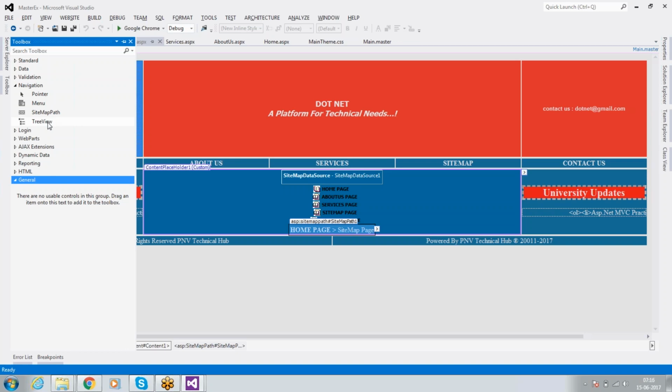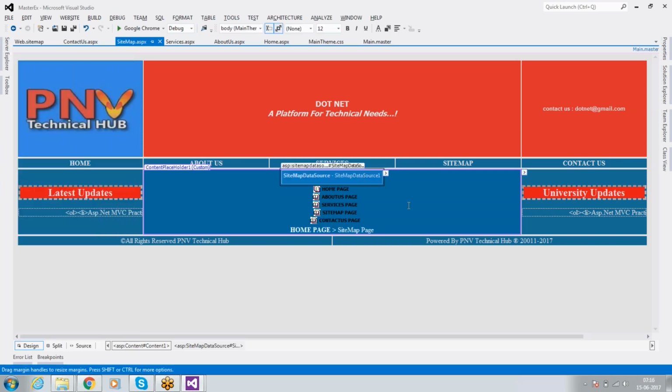Once you click on this tree view, it automatically gets the information from the sitemap data source, so that data will be visible for us. In this way, we are able to design, or provide our own implementations related to a master page with the help of table tag and external style sheet, and we have already been into the sitemap information also.